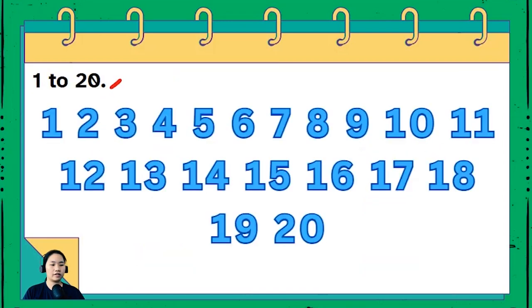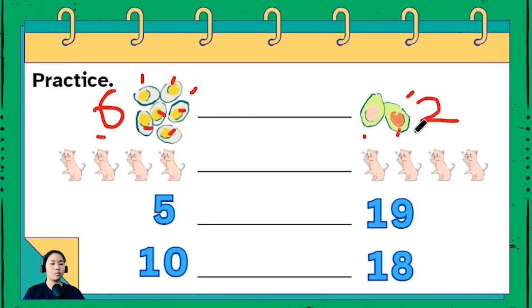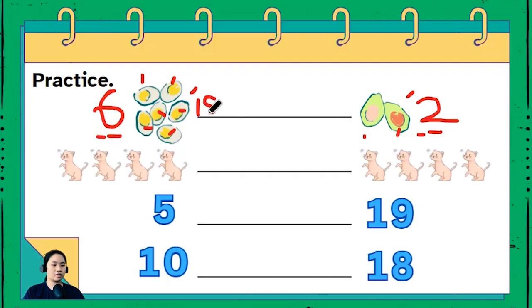If we look at the chart, 6 is over here. Any numbers before 6 are less than 6, and 2 is before 6. So we have 6 is more than 2, and 2 is less than 6. All right, is greater